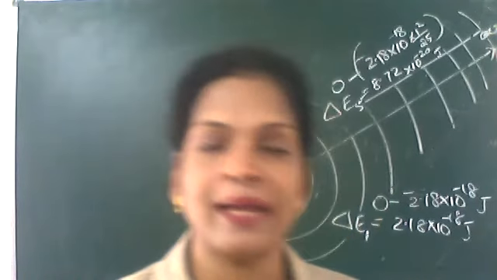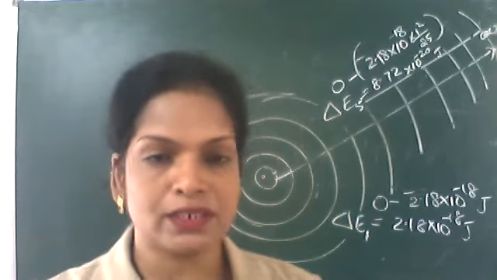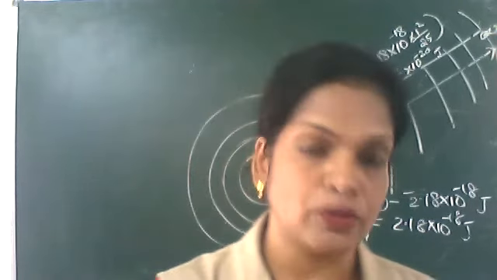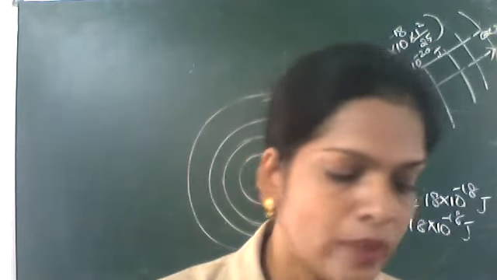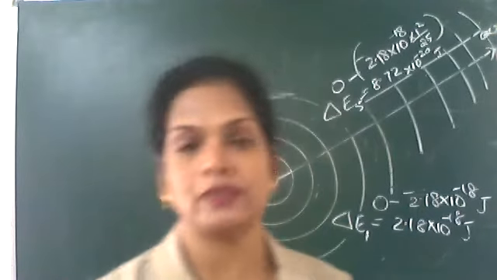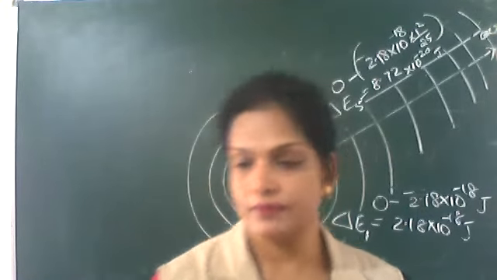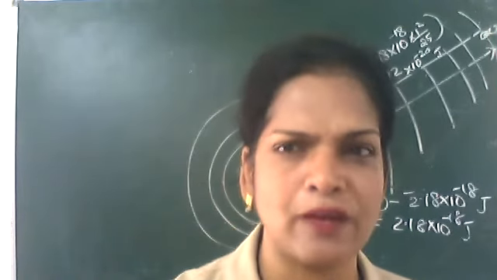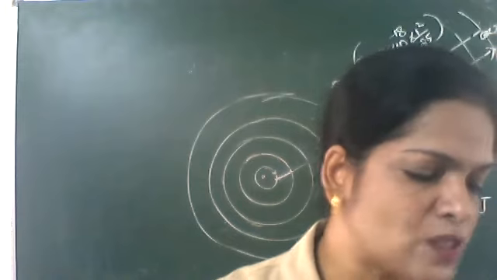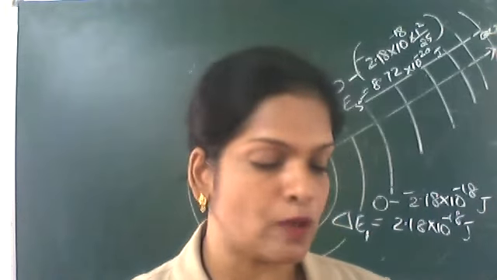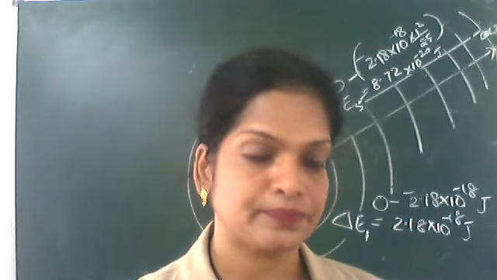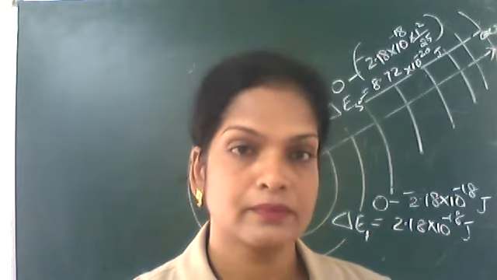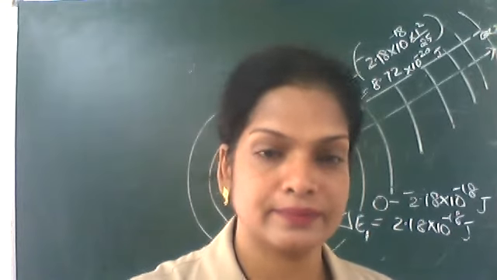So now you write number 1, limitations or drawbacks of Bohr model. Number 1, when highly sophisticated spectroscopic techniques are used, it was found that